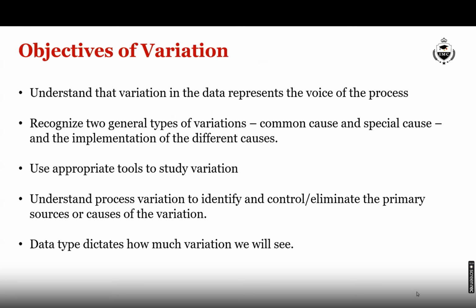Concept of variation. Variation is going away from the average performance, that is, the deviation from the average performance. Whenever we talk about the objectives of a Six Sigma initiative, there are always two objectives. Number one, to reduce or remove defects or problems from the process and thereby improve the process. And number two, to reduce variation from the process.